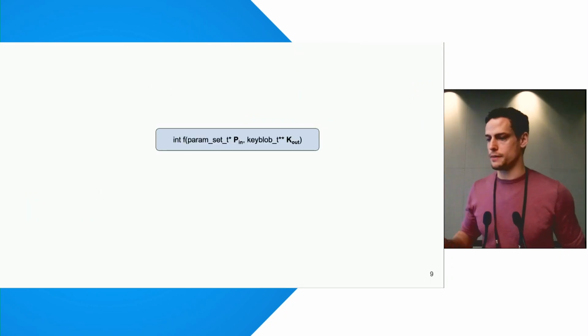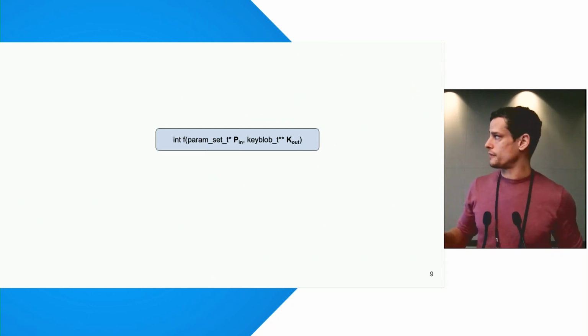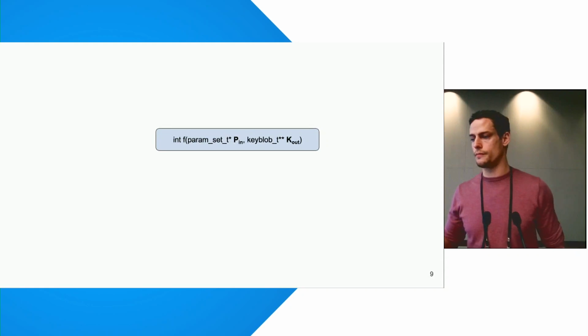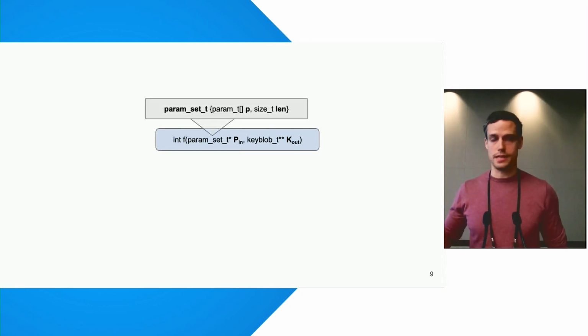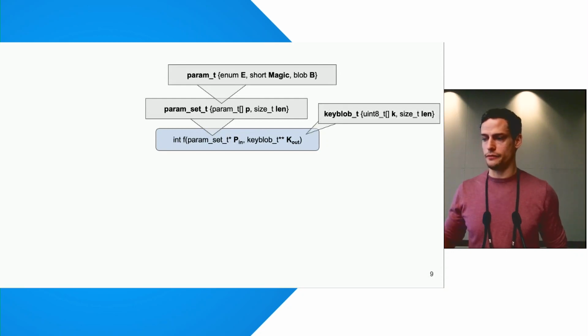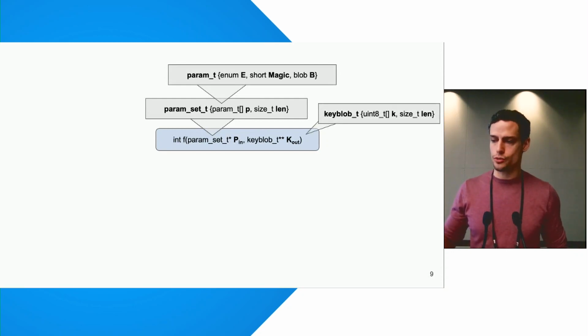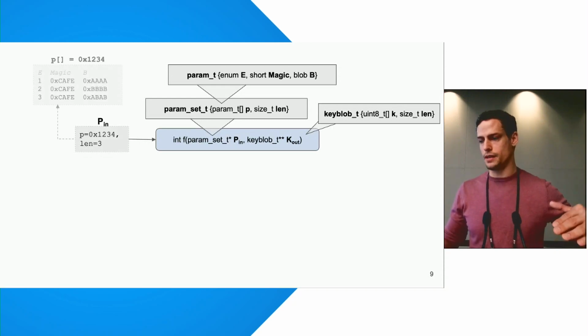So let's look a little bit more deeply into these introspection recorders. Here is an example of a function that takes 2 parameters, one of them pin, and another one being kout, which is an output parameter. First, pin is a nested struct, and kout is a simple flat struct. And I'll just show you a brief example of how pin looks here. There's a pointer to an array of the length of 3, and here we see the 3 different